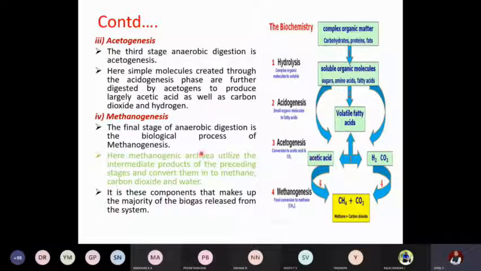Byproducts are formed. In the fourth phase, there will be methanogenesis reactions where bacteria called methanogens will be acting. This is the final stage of the digestion, wherein this acetic acid and hydrogen are converted to methane gas, CH4. See, in any chain, the combination of carbon and hydrogen is a very clean fuel. Right? So this CH4 gas will be collected at the top of the dome and it is called biogas, since it is formed from the biological